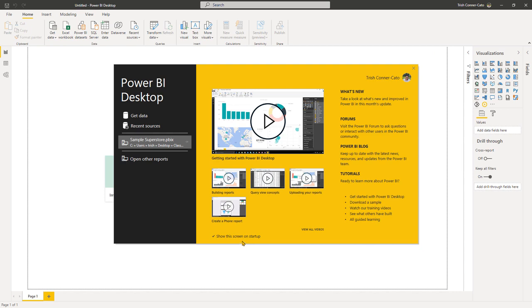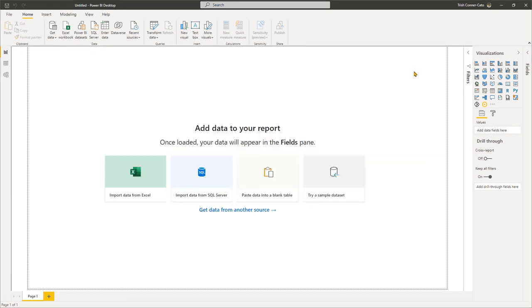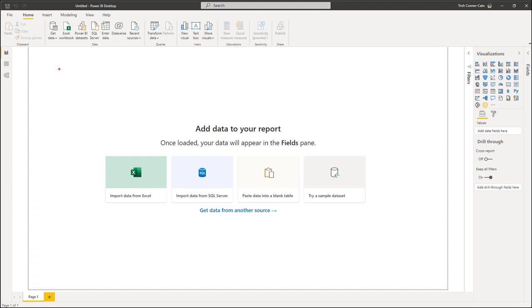We can do it from the splash screen, or we can use the ribbon. This time I'm going to go to the upper right-hand corner of the splash screen and close it. We're going to go back to the Get Data button on the ribbon, just like we did for the Access database, and we're going to use it to access web content. Go ahead and click the button,